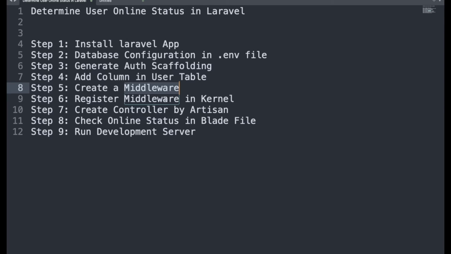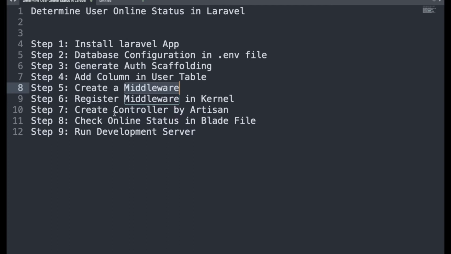I hope you know about middleware. If you don't know about middleware or scaffolding, or any basic information related to Laravel, you can check out my previous video, which I have already uploaded on my YouTube channel. You can check The Real Programmer Laravel 8. There you can get the basic information, and also advanced information related to Laravel 8, Laravel 7 and Laravel 6. I have already done these tutorials on YouTube.